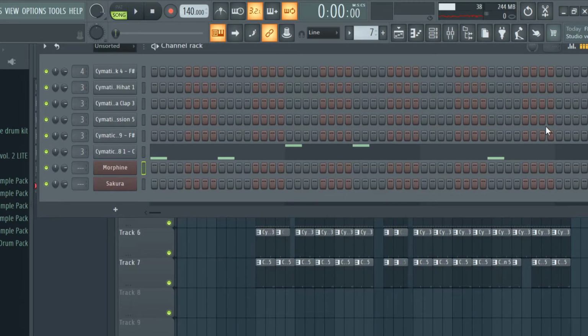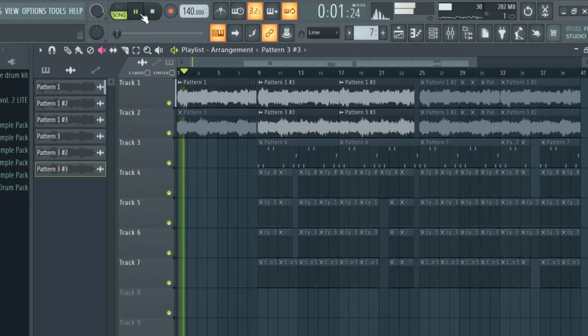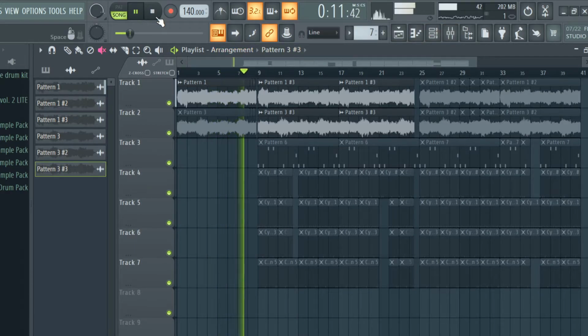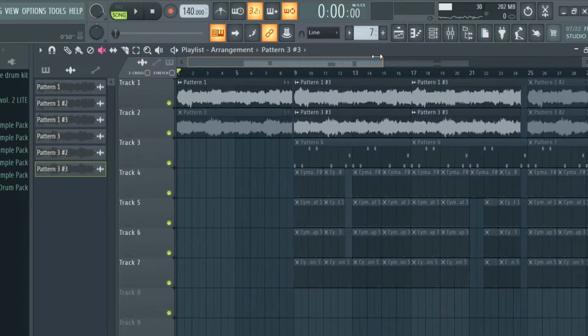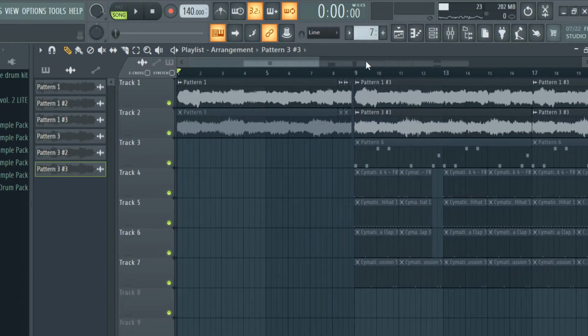Morphine. I basically used this flute sound, and basically this is what I came up with. That's basically how it sounds. If you want to know how I made it repeat, I cut over this part and just repeat it, just to add some transition effect to the verse